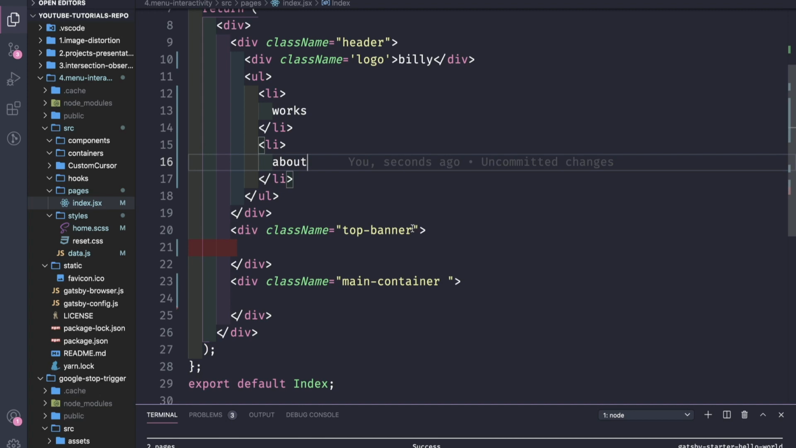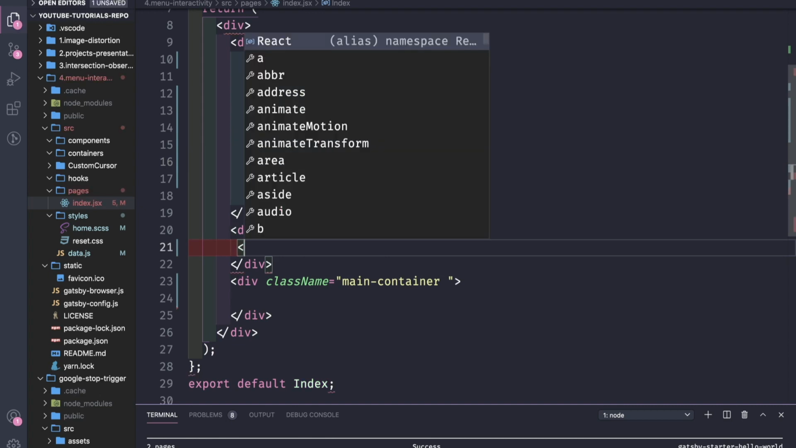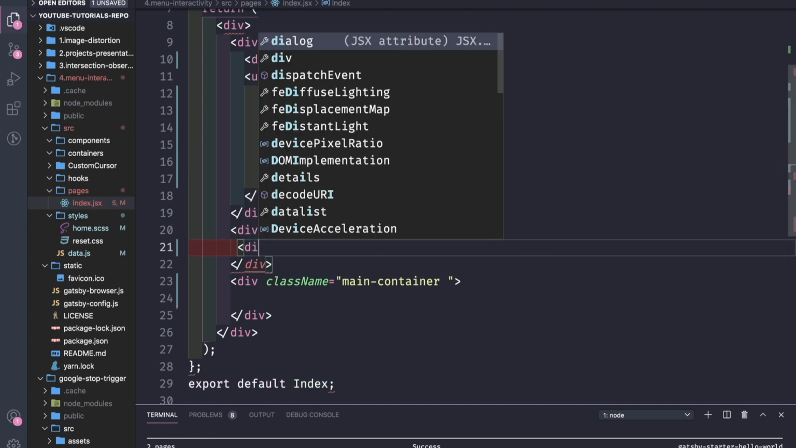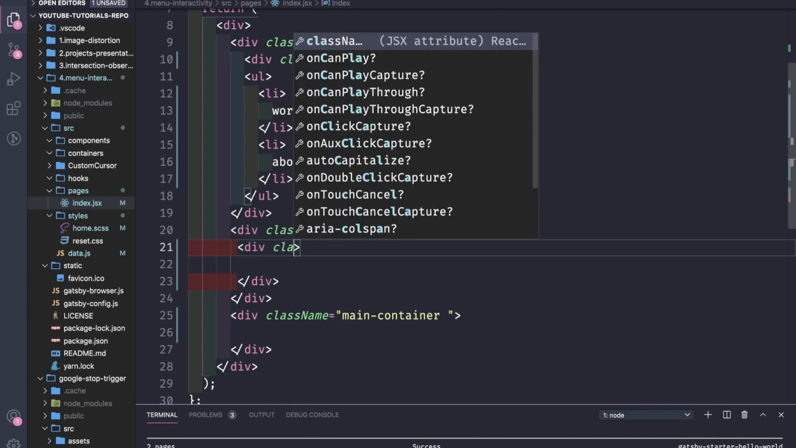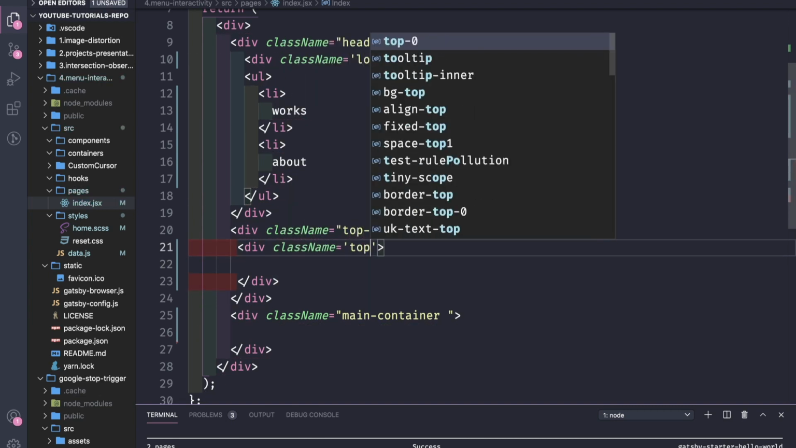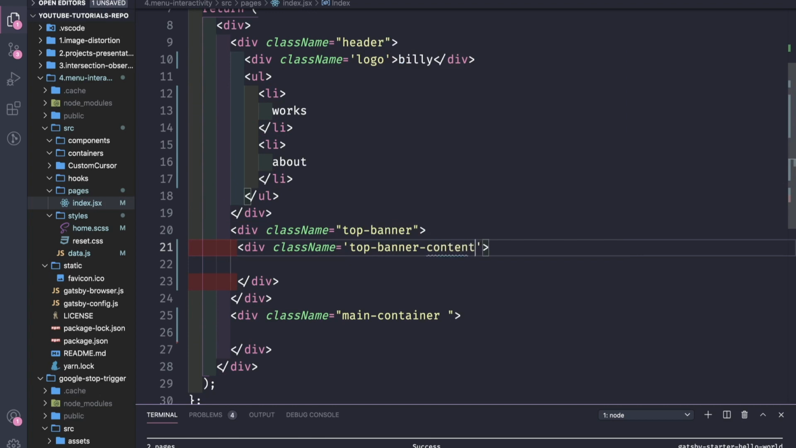Going to the banner, we'll have the title, and behind the title, with the full width, taking 100% of the viewport on both height and width, we'll have an iframe with a link to a Vimeo video. So we'll have here a div with a class name of top banner content, and